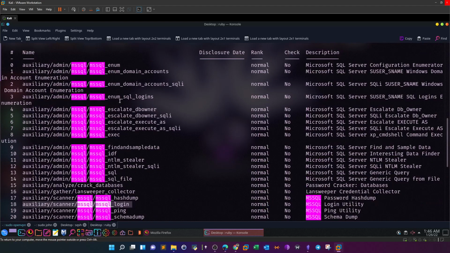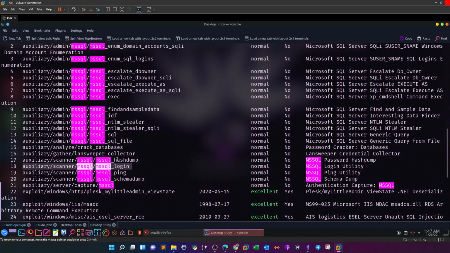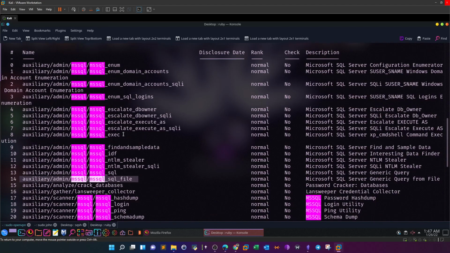Well, let's see here. I don't think we have it. Auxiliary scanner admin SQL file. So this one, Microsoft SQL Server escalate execute as, and this one, Microsoft SQL Server xp_cmdshell. That's what we need actually. So let's get this one